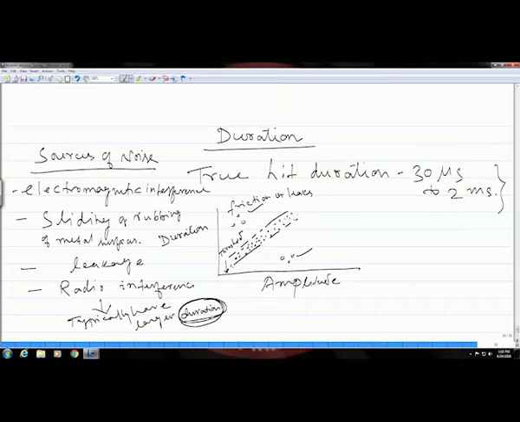So, these have more threshold crossing, as you could see, because they are above this band, and then you can have these kind of signals which have less threshold crossing, and this may come, for example, from an electromagnetic interference, which will have less threshold crossing and different duration compared to actual acoustic signals.